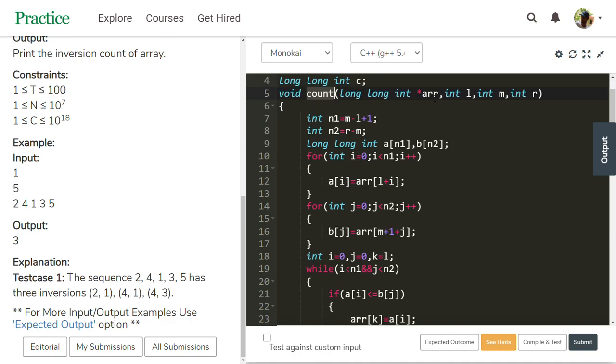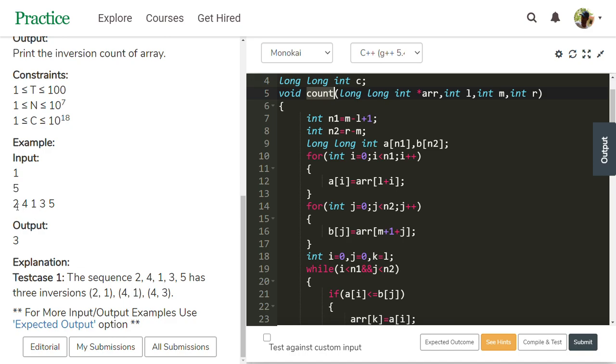See this, it is an array, index 0, and L is 0, M is 1, R is 2.